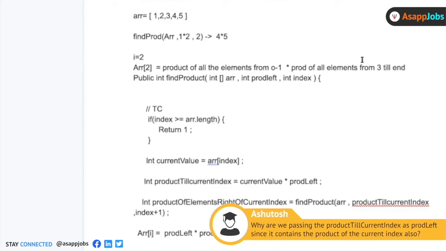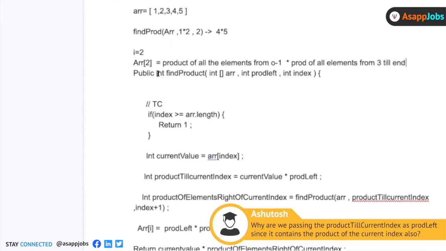This is my condition. The element at the given position should be replaced by the product of all the elements to the left of it into the product of all the elements to the right. So if the position is 2, it has to be replaced by the product of all the elements from 0 to 1 into the product of all the elements from 3 till the last element of the array, right? This is what we have to do.